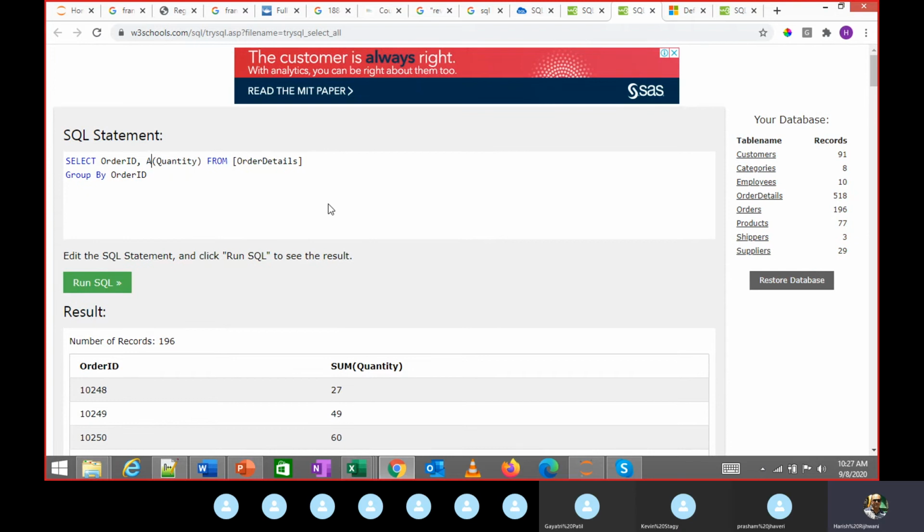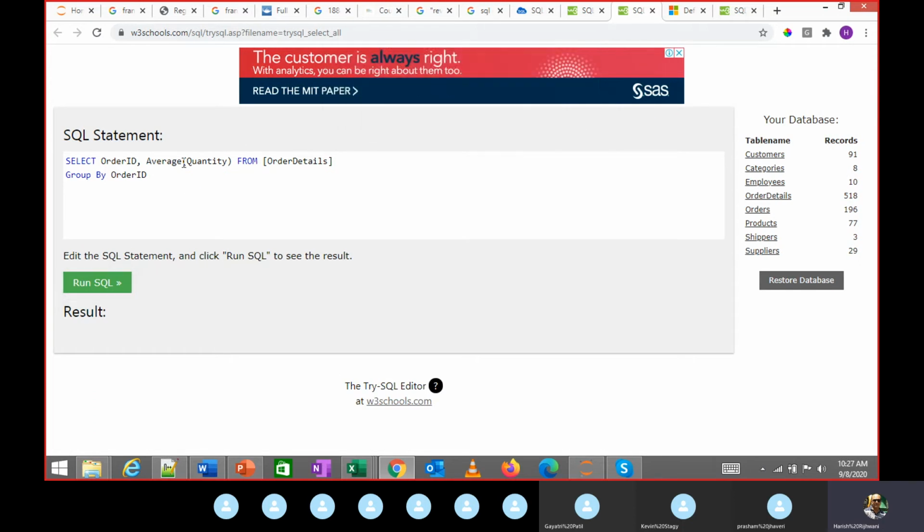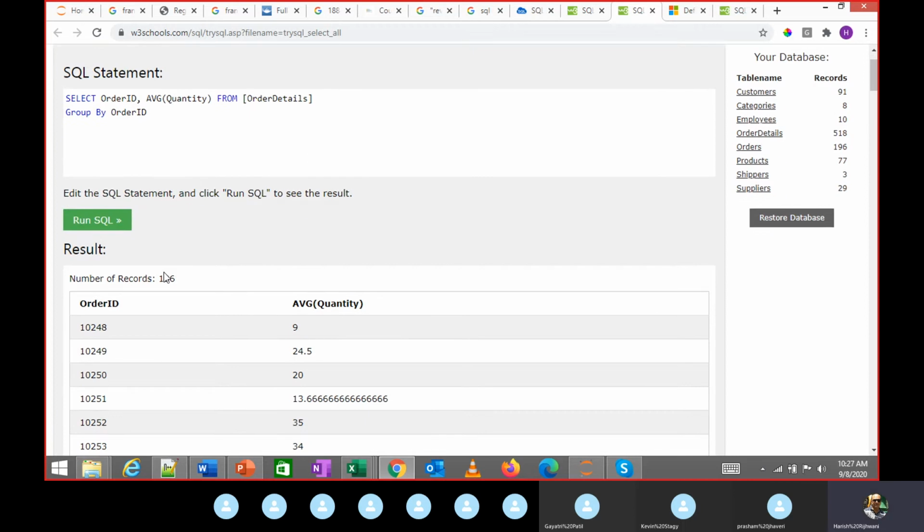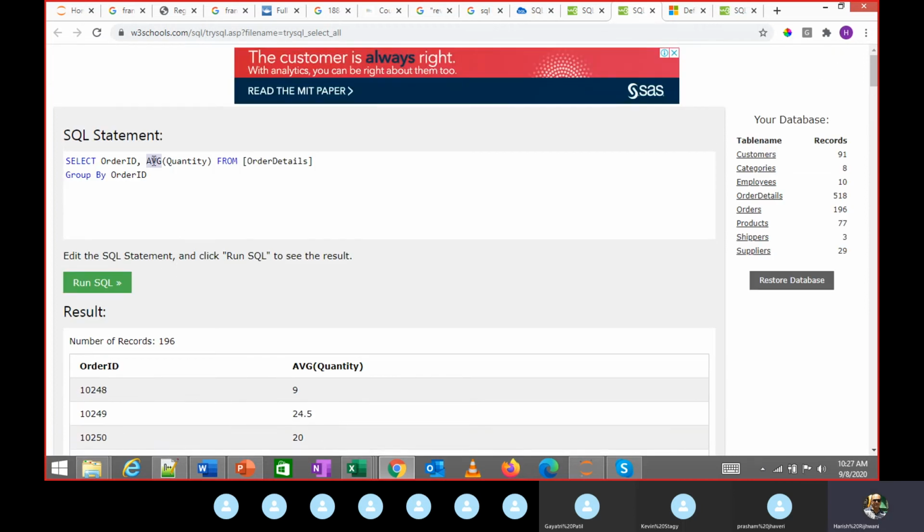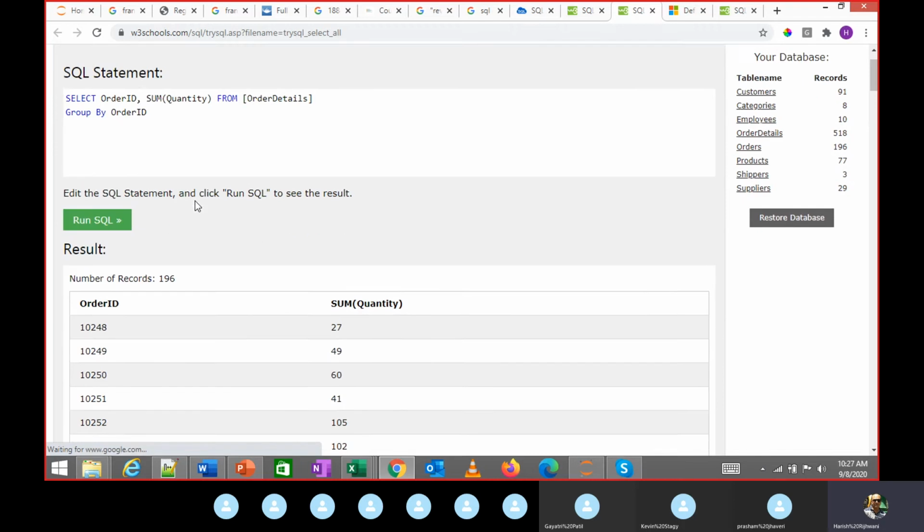Instead of sum, I can use average; let's see if this works. Yes, AVG works as the average. Here I'm using sum, so for each order ID I am getting the total quantity which was ordered.